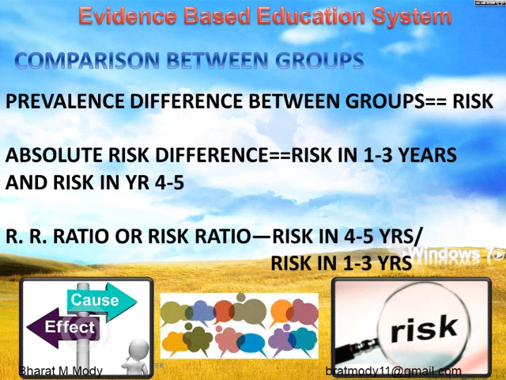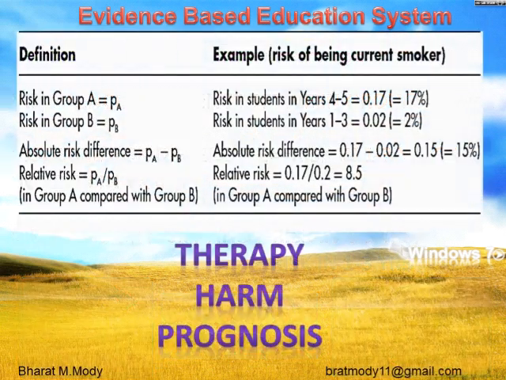The risk in first year and risk in fourth year, and that risk ratio is taken into consideration. This gives you the cause and effect also, and the risk also, and whether it is therapy, harm or prognosis, risk is the most important part. As you can see here, the risk